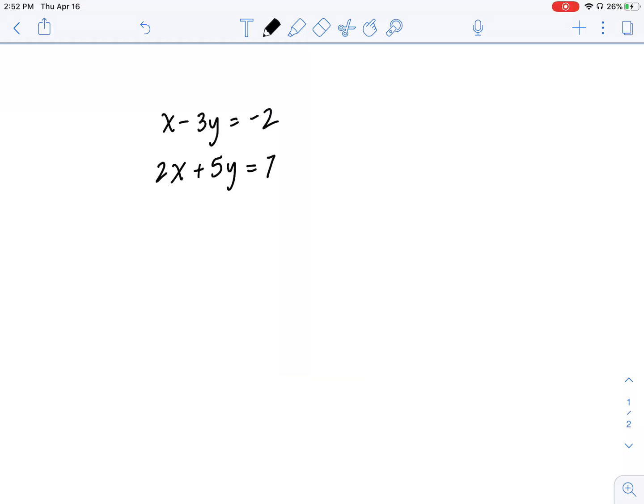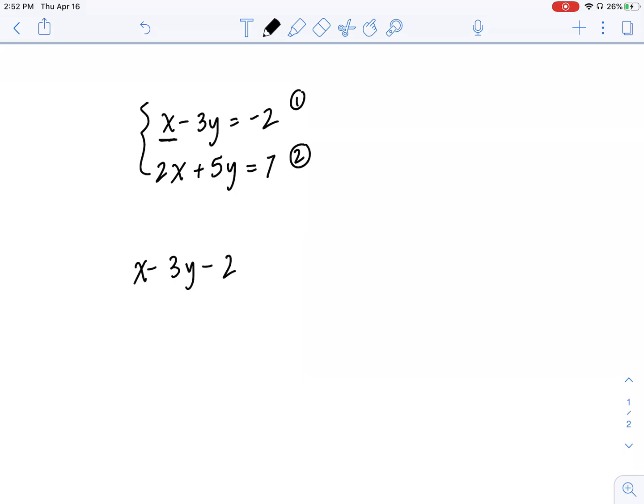So we need to use the substitution method to solve this linear equation. Let's start off by naming this equation 1 and calling this equation 2, and those make up our system. Let's start off by isolating x in equation 1, and the reason why I'm choosing equation 1 is because it